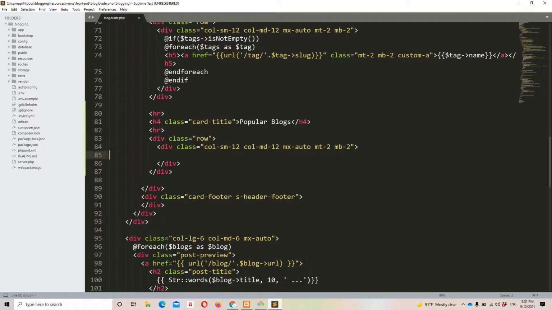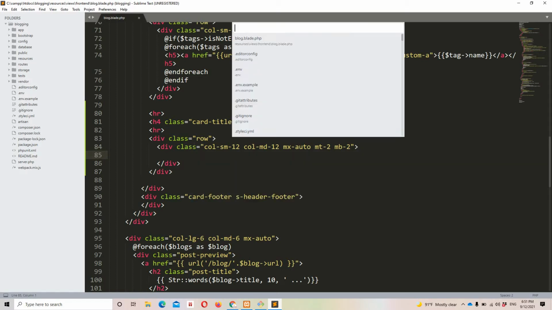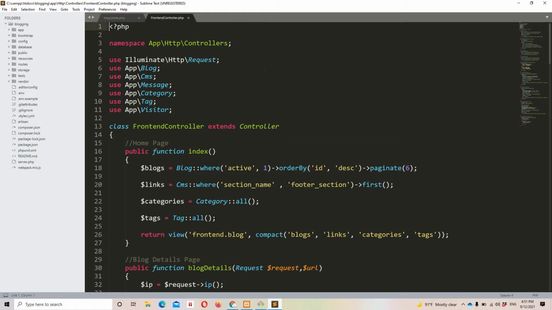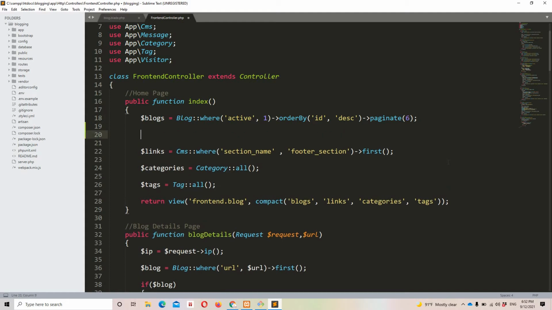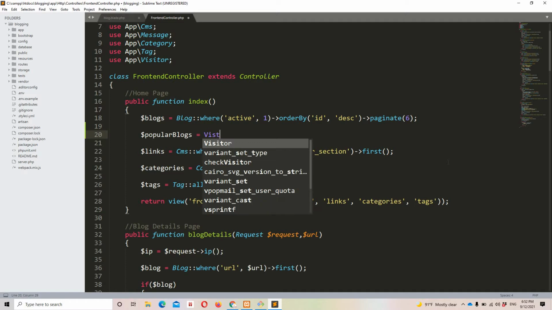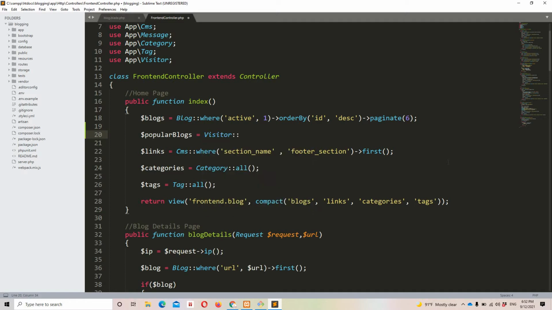Let's start implementing the popular blogs. In order to fetch and loop through the records, first I need to get the records. So let's move to the front-end controller. Right here this is our index page from which we are returning the blog view or index view. We need to get the popular blogs right here, and for that I'm going to create a variable, popularBlogs, and I'm going to get data from the visitor table.